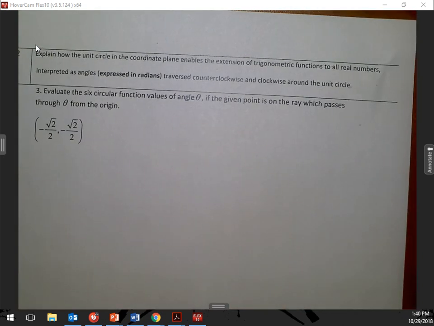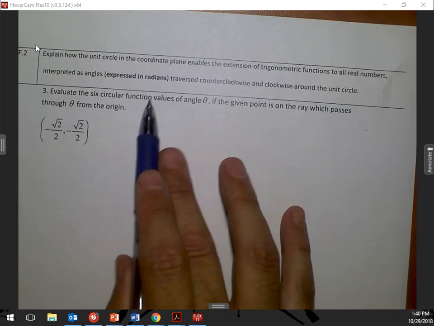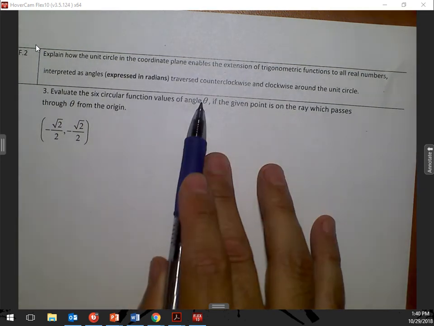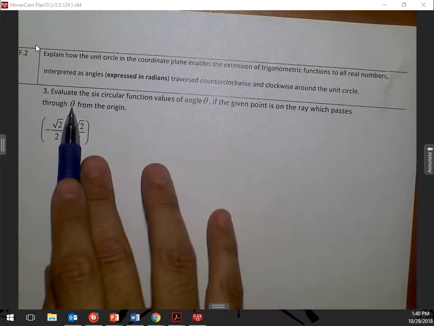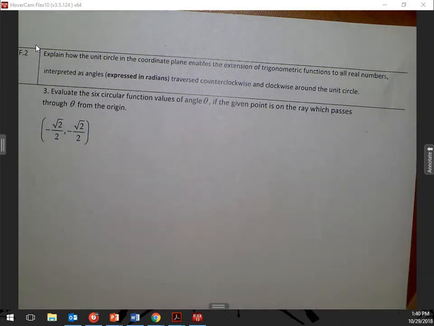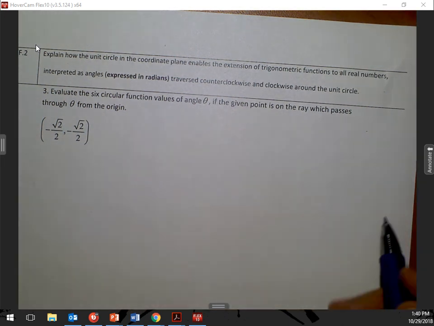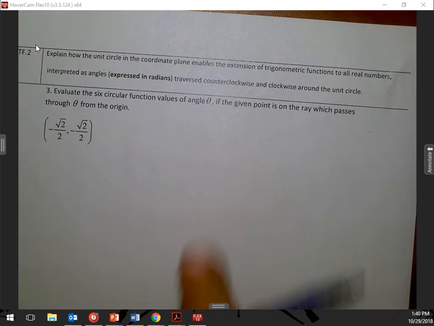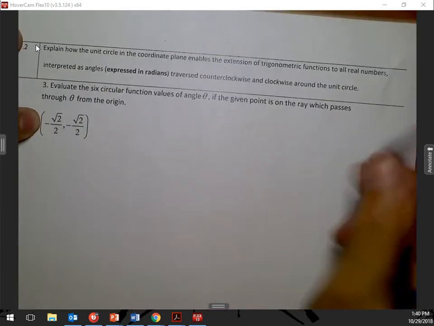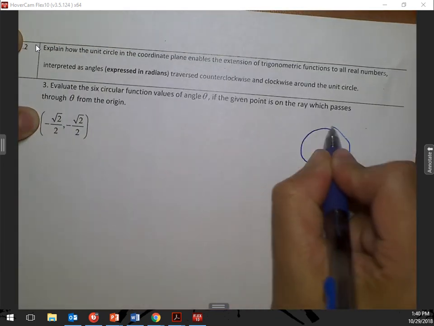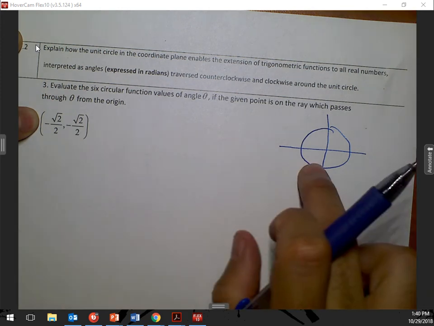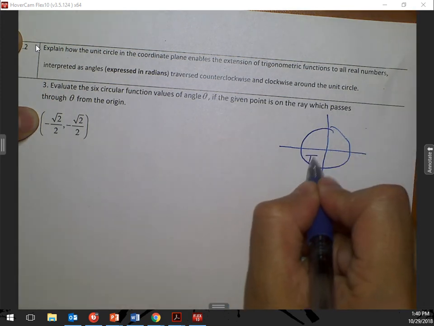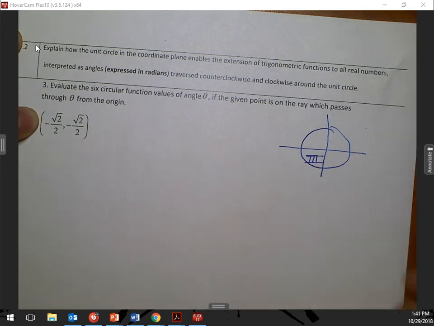Evaluate the sixth circular function value of angle theta if the given point is on the ray which passes through theta from the origin. Okay, so let's take a look. So I know that with a negative and a negative, what quadrant is that going to be? It's quadrant 3, right? It's down here in quadrant 3. And since I'm going to let you guys use your unit circle on this,